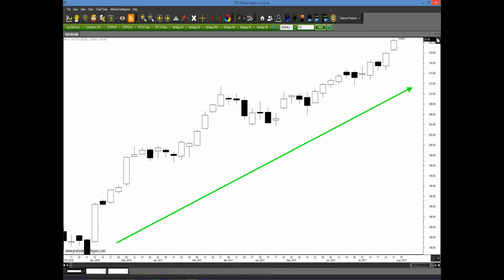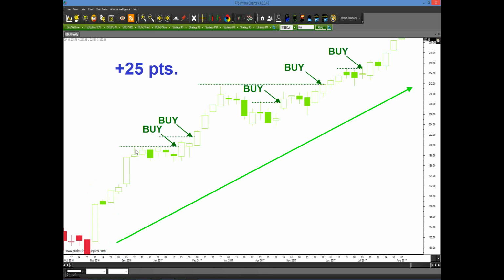Now here's a weekly chart of the diamonds. Once again, we talked about this before. We're saying, boy, we've broken 22,000. How could we have known? This is amazing. Well, all you have to do is apply the PET D on our new PTS Primo charts. We knew back as early as November, regardless of who won the election, that we're going higher. So all we had to do was look for the same pattern, and that was 25 points to the upside coming into August, which represented hundreds of points in the Dow, if not thousands.